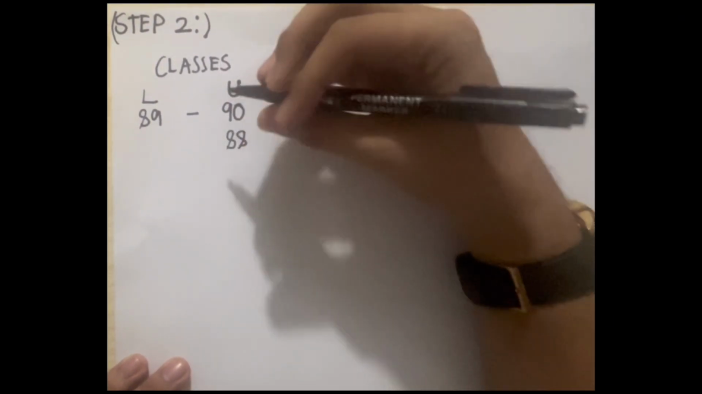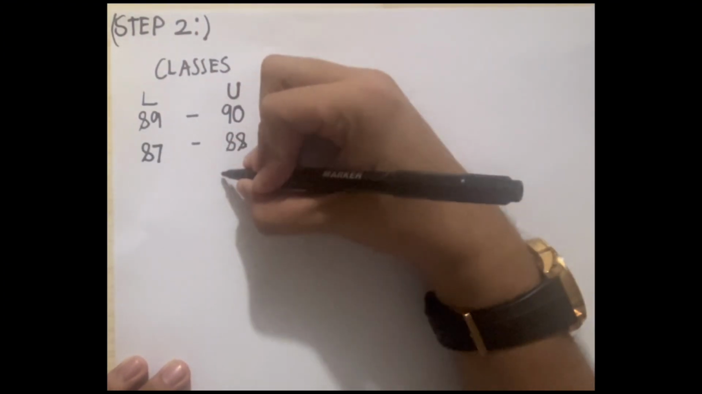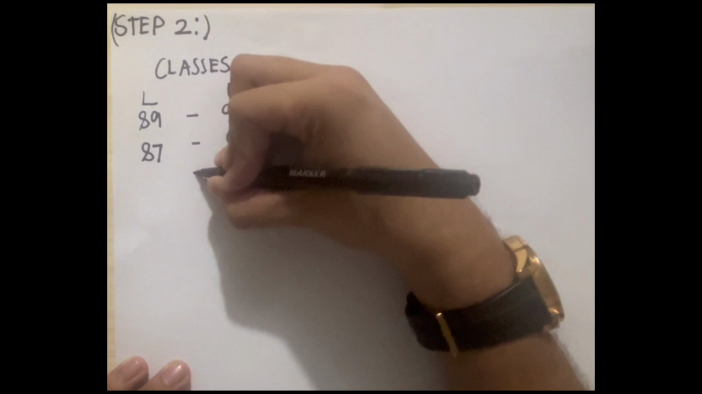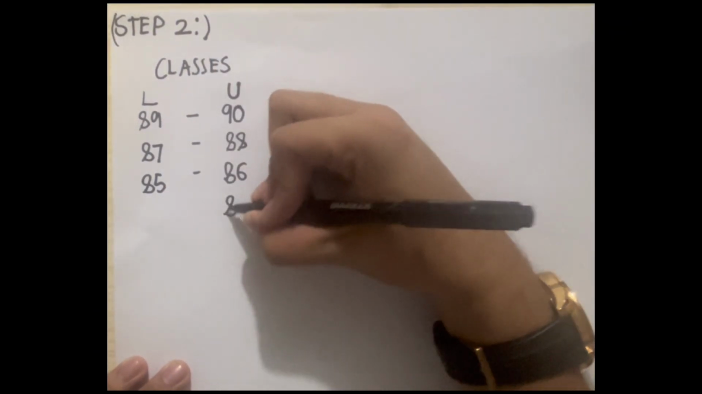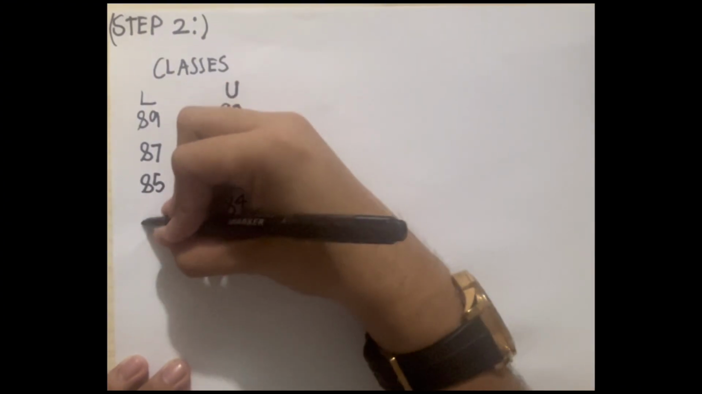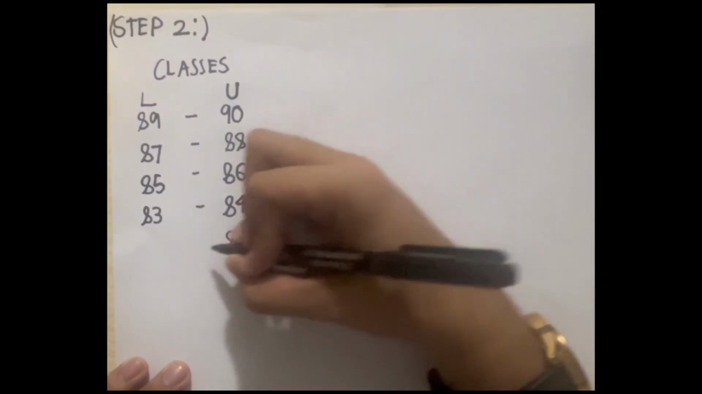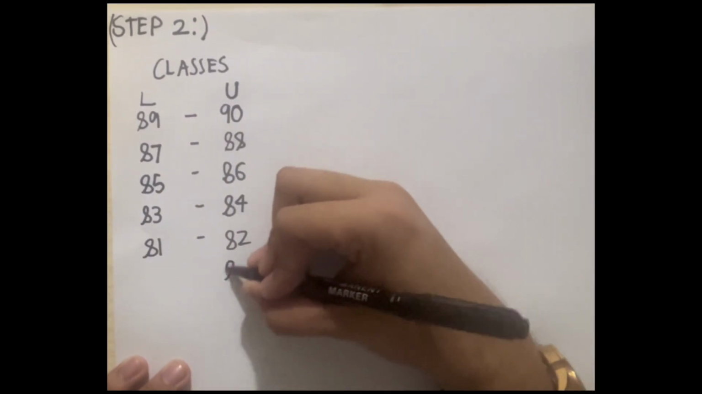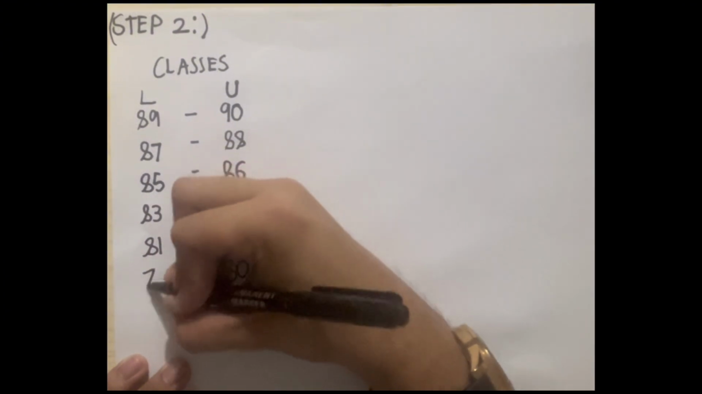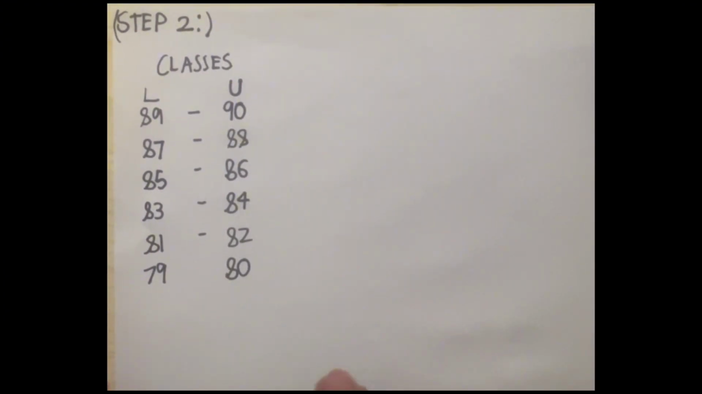88, 87, 86, 85, 84, 83, 82, 81, 80, and 79. Now as you can see, we didn't reach 78 or the lowest value in the exact classes